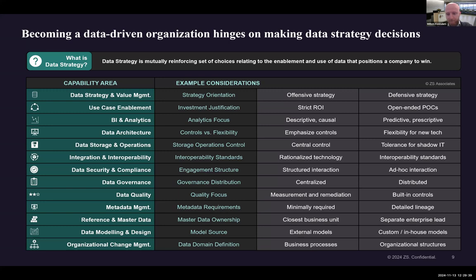Metadata management, maybe real quick. That might be one that's a little bit more around how important you are going to make this as part of your overall data strategy. Because on the one hand, metadata, data about the data, is the big enabler of any other data capability. But at the same time, gathering it can be prohibitively expensive. It can be a big effort.